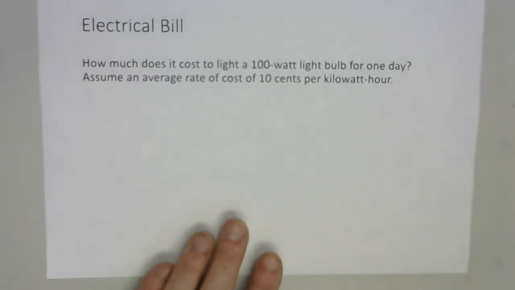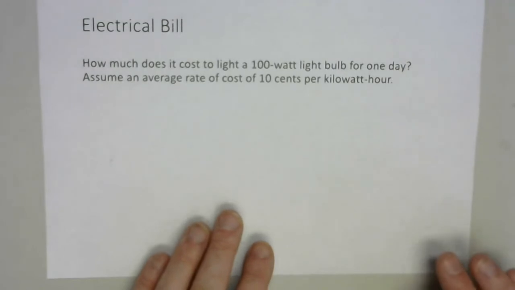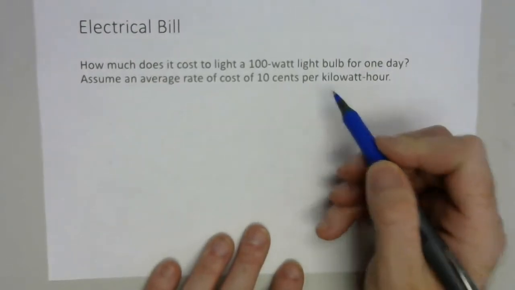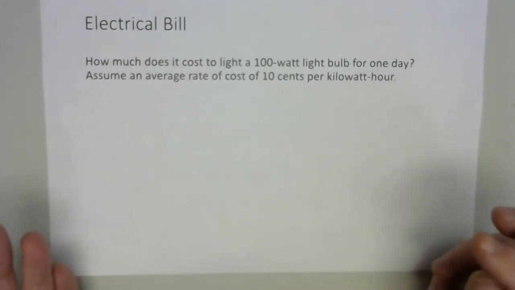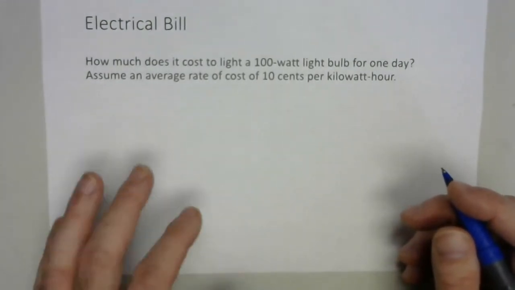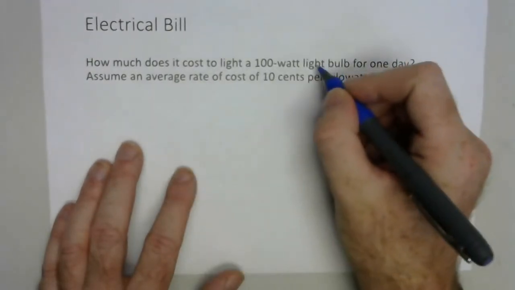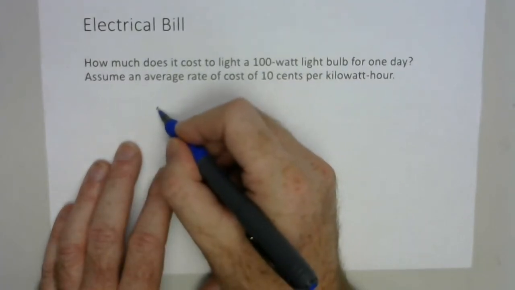Now, how about factoring that in on your electrical bill? If we got a 100-watt light bulb, how much does it cost to power that bulb for a day, assuming you're getting 10 cents per kilowatt hour? That's just a little bit of dimensional analysis from the first part, but I figured it was good to include it. So if you got 100 watts, we want kilowatts, so we're going to move that 2 places, so it's going to be